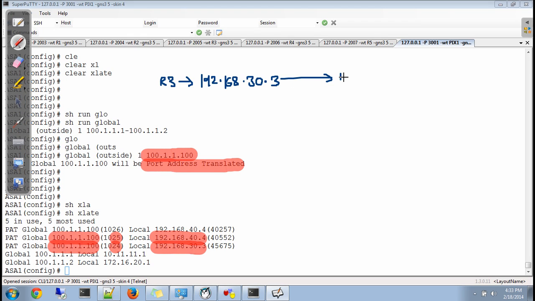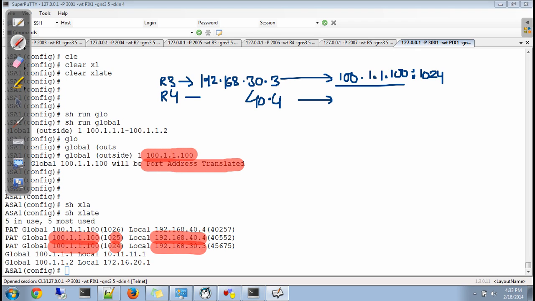On the firewall he is assigned the IP address but a different port number, then R4 comes to the firewall with, he is assigned the same IP but a different port number.